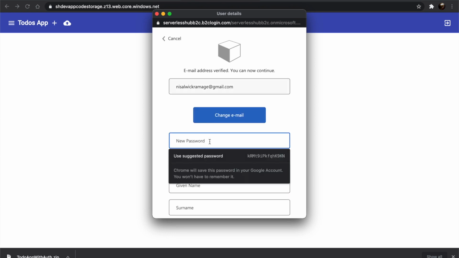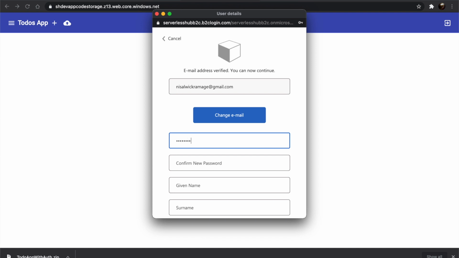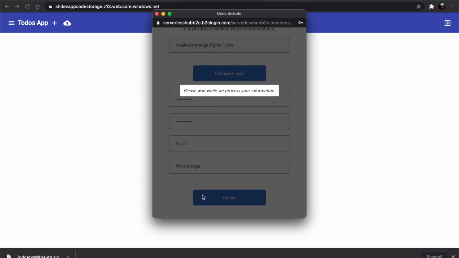Let's fill in the required details. And let's click on create. This will register our email with the B2C tenant using the user flow that we created.